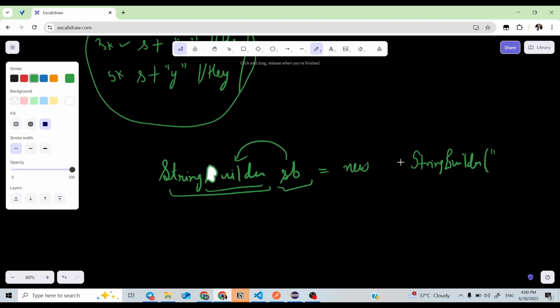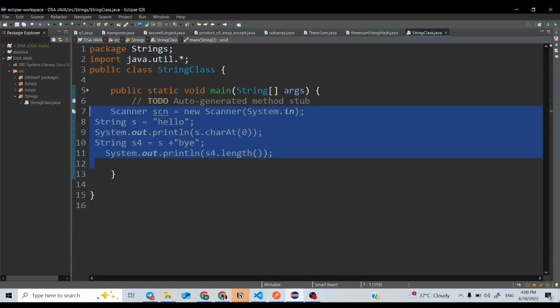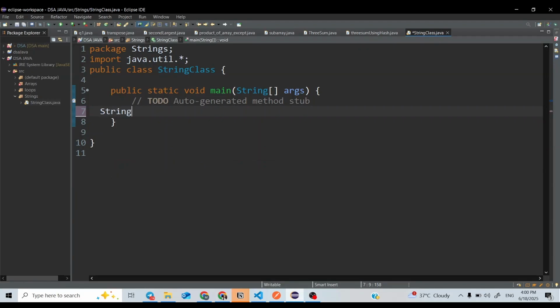Inside it you have to pass your string. Suppose you have passed Tom. So a new string is made in the heap. Let us write it here: StringBuilder sb equal to new StringBuilder, and inside it I will pass my string Tom.